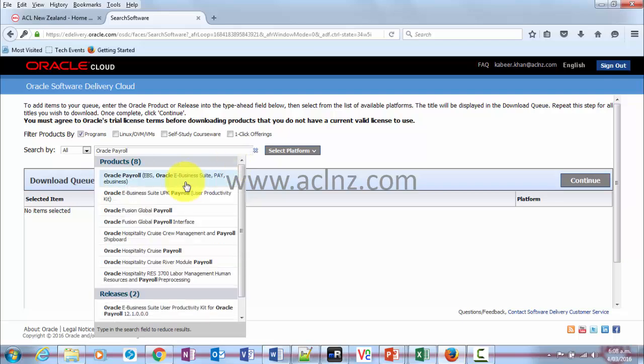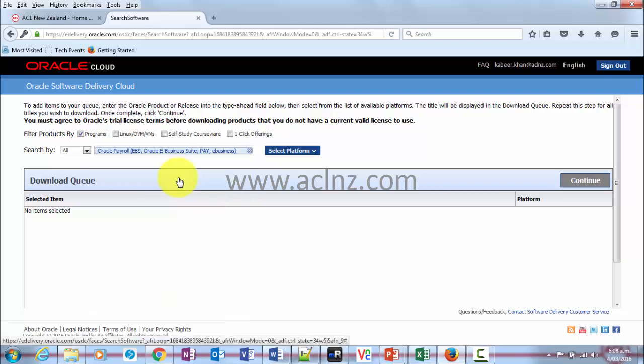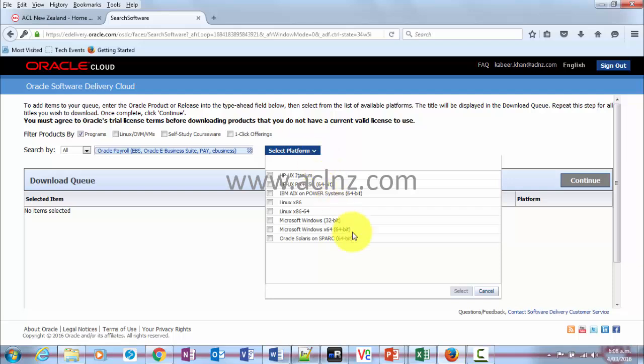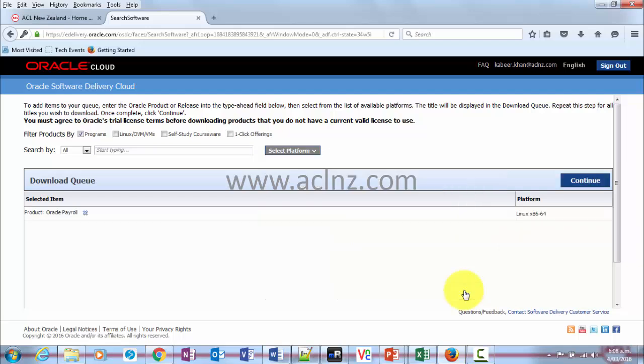and there you go, the first one. Select this one, and then we have got to choose the platform. So in my case the platform is Linux x86-64, but feel free to choose the appropriate platform that you're planning to install. Okay, after you choose this, hit the select button, and then automatically it's going to come here at the bottom, and then you hit the continue button,